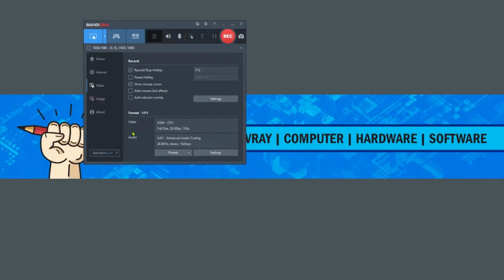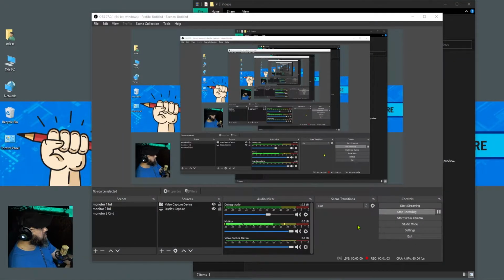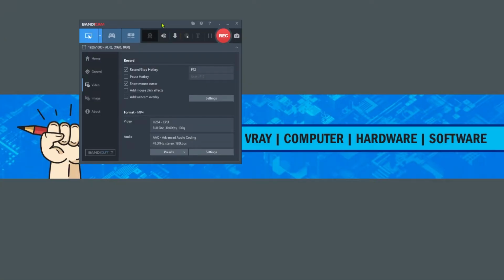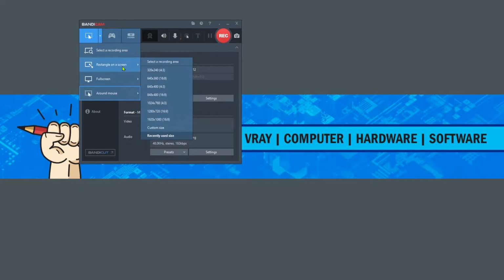Bandicam is a non-technical software. Every setting is straightforward in this program. You can use single, dual, or triple monitor with no extra effort or technical setup that you have to do with OBS. So when you open Bandicam, you can use a recording area, or you can use a rectangular screen,